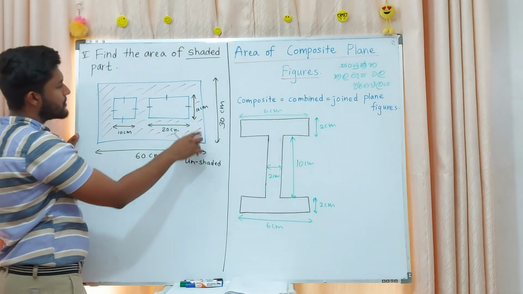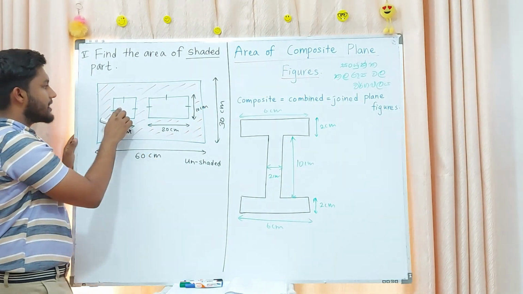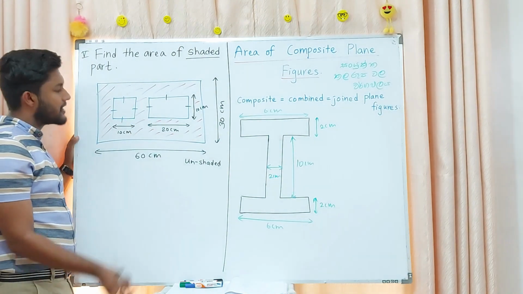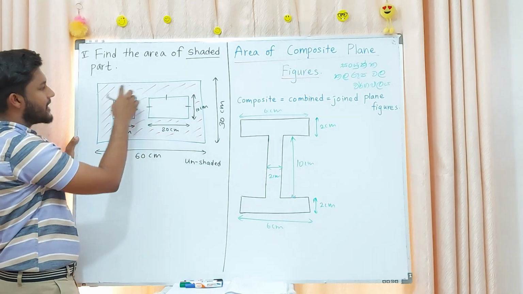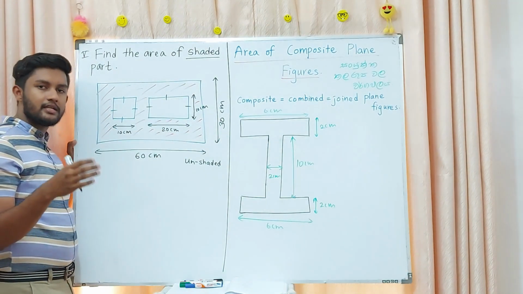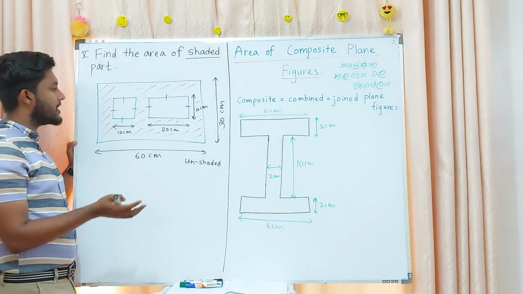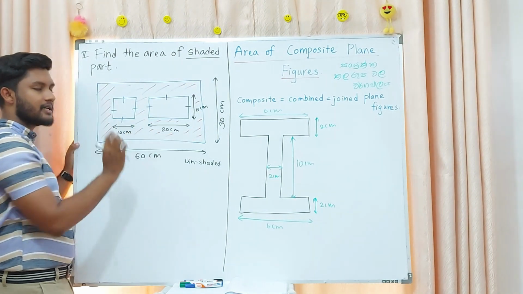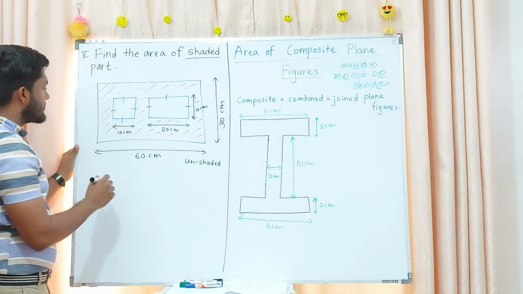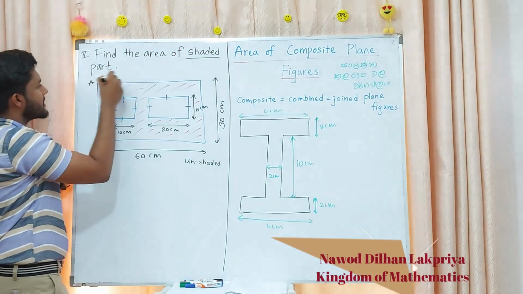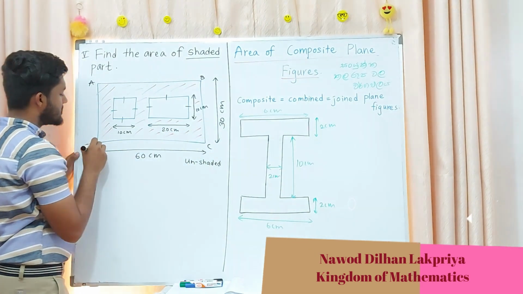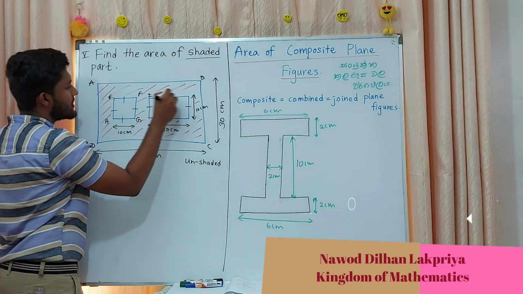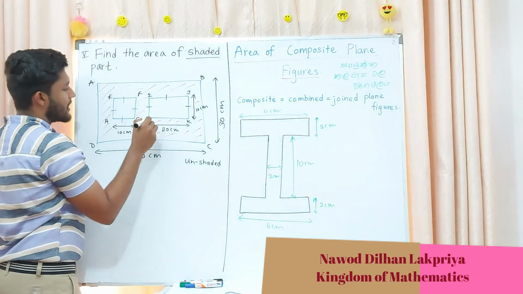Then here you have a big rectangle and inside there is a square and a small rectangle. When we consider the shaded area, we can calculate the area of the shaded part by subtracting these two areas from the bigger area. Yes, shall we find the area of, if we put this as A, B, C, D, E, F, G, H, I, J, K, L, right?